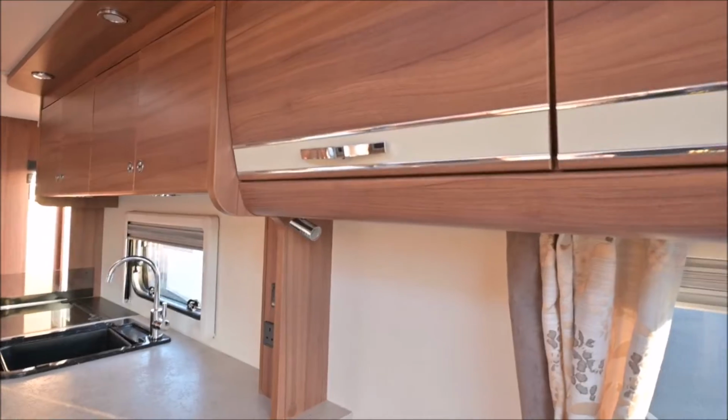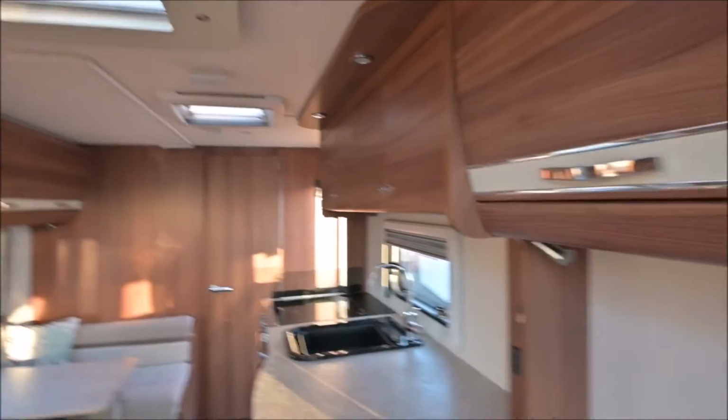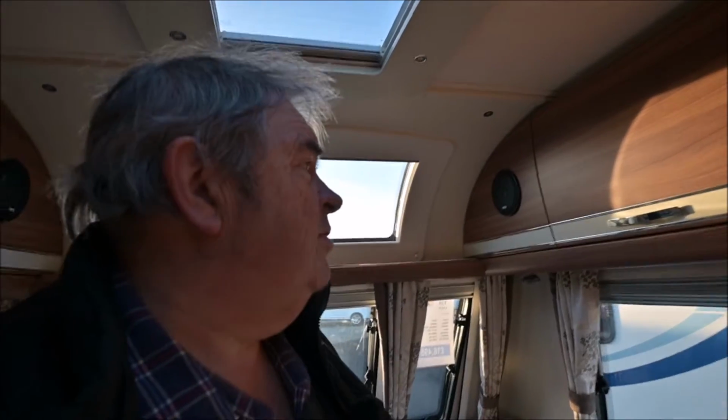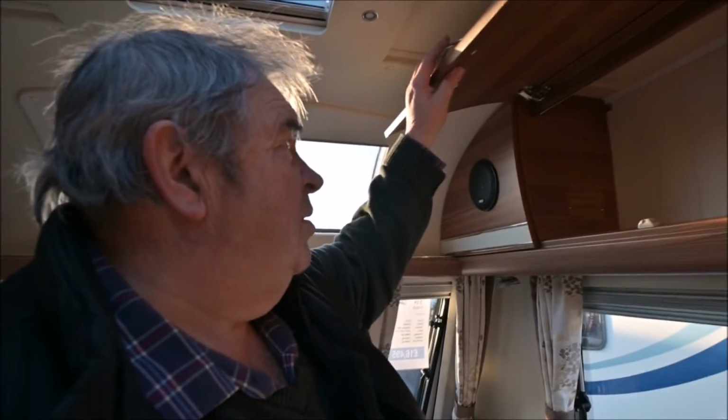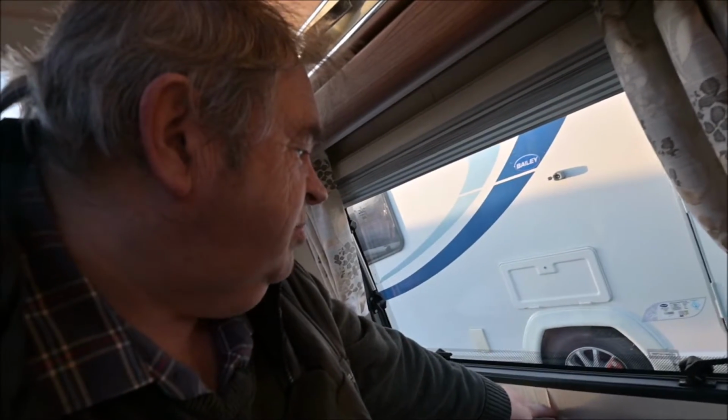And I remember seeing these at the trade show at Elddis in 2012, and people were a little bit, you know, oh, it's a bit dated. I quite liked it. I think it looked really good. So plenty, as I say, of cupboard space. What you will find, and Coachman the same, see this here? It's like the trim sticker that comes away. It's a real dated way of doing things these days, but they still use that system, and Coachman do as